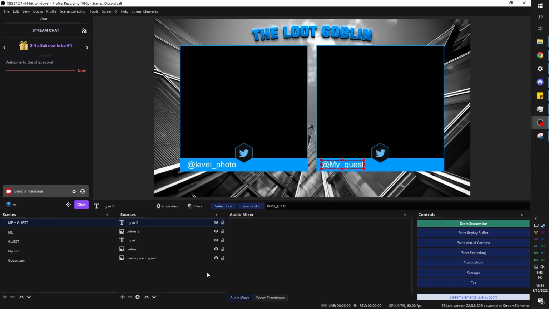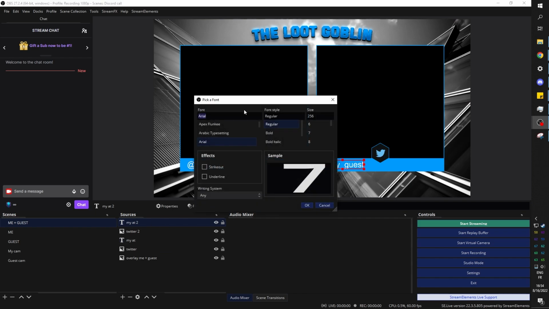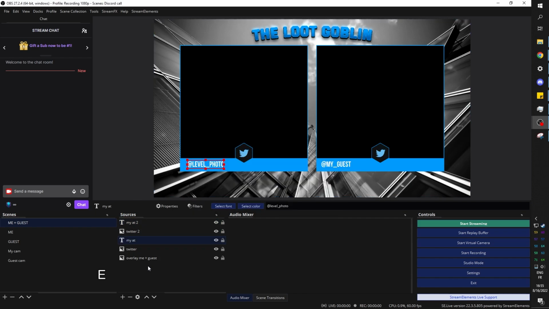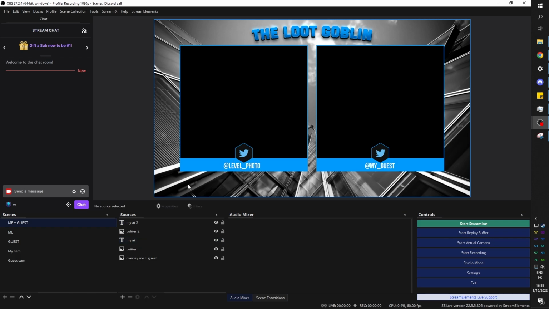Nice. Of course, you can play around with the fonts. This doesn't look good. Let me select the font. Better font. All right, I went with Bebas Neue as the font. I think I'm really gonna keep it in the middle here. There you go. You're supposed to take more time and actually make your stuff look a little bit better, but there you go.